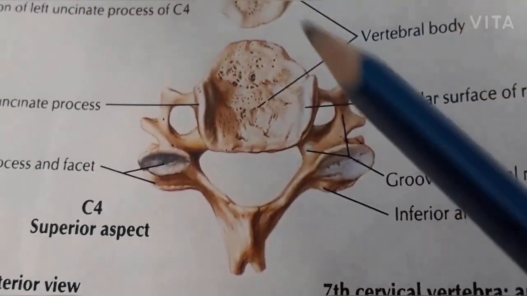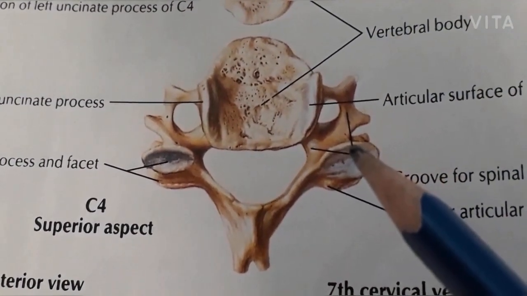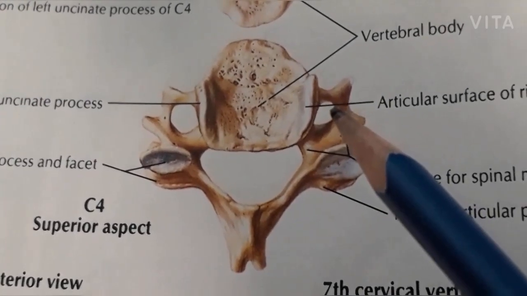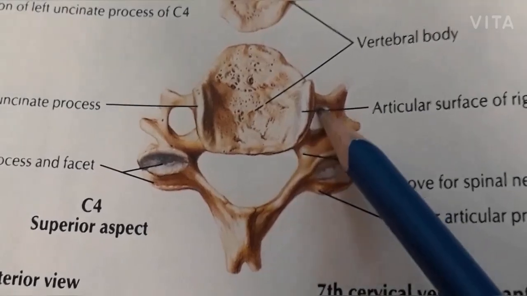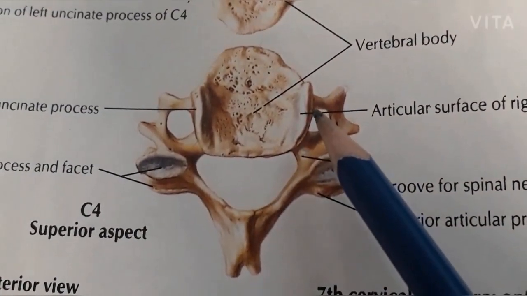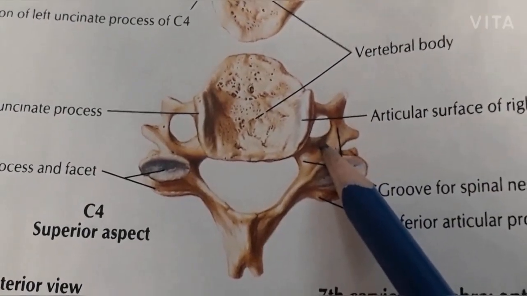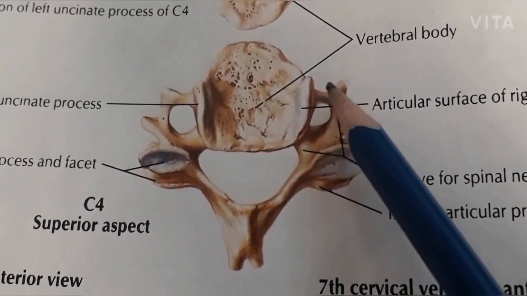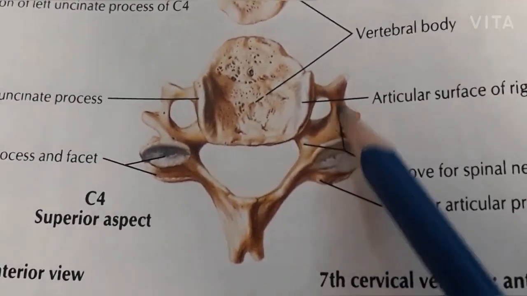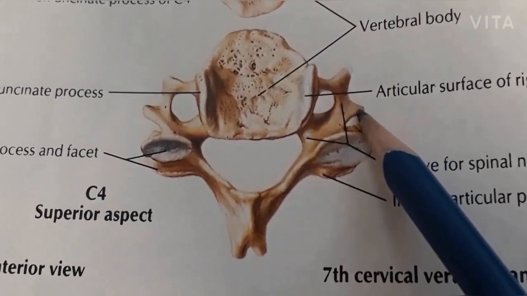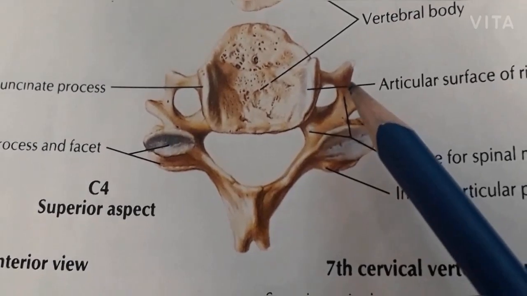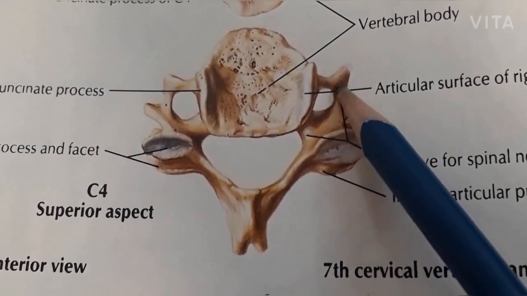The characteristic feature by which we can differentiate the cervical vertebra from the other vertebrae is the presence of foramina transversaria. These are foramina transversaria which are present in the transverse process of cervical vertebrae. The transverse process has an anterior root and posterior root which ends at tubercle. This is called anterior tubercle and this is posterior tubercle, which are joined by costotransverse bar.